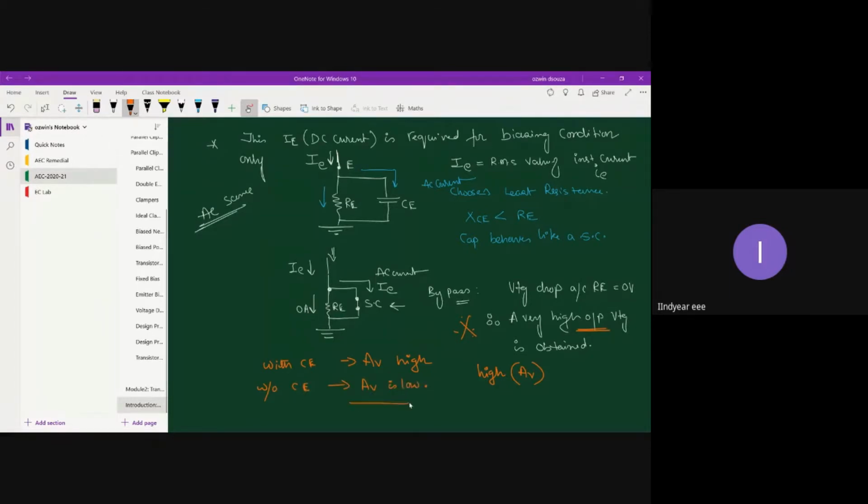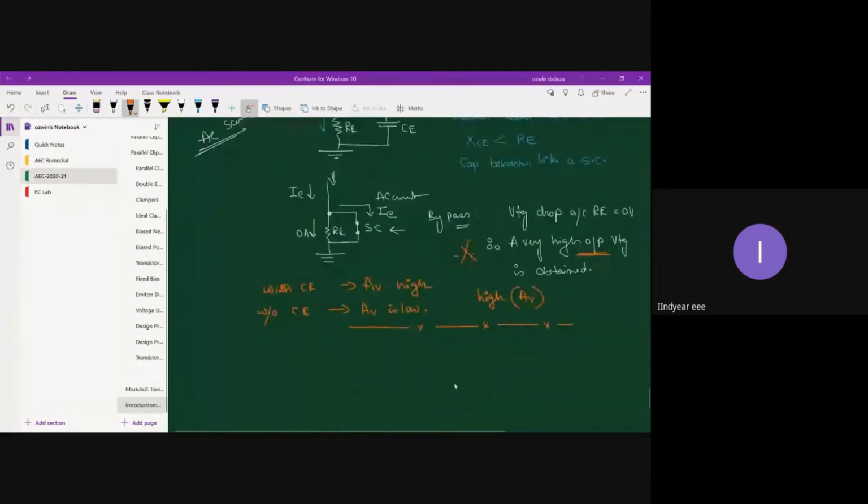I can demonstrate this. In the next lab it is not possible because we are going to do DSD. Maybe the week after that, I will demonstrate this particular experiment in lab. Okay, I'll show you the recording. So, did you understand the role of bypass capacitor? Yes, sir. Okay, now let us go to the circuit analysis.